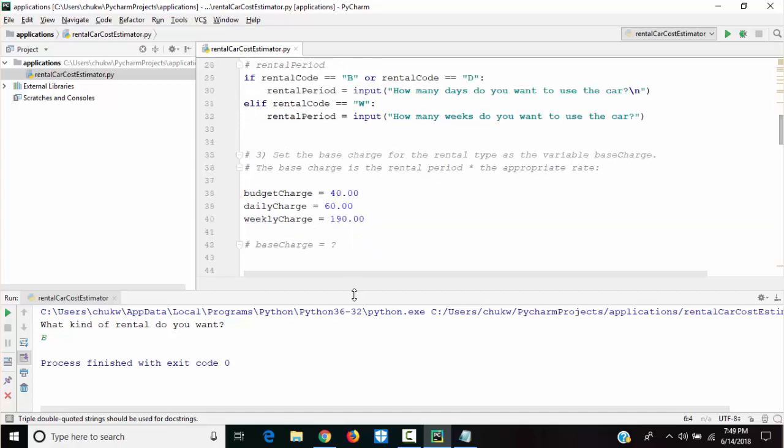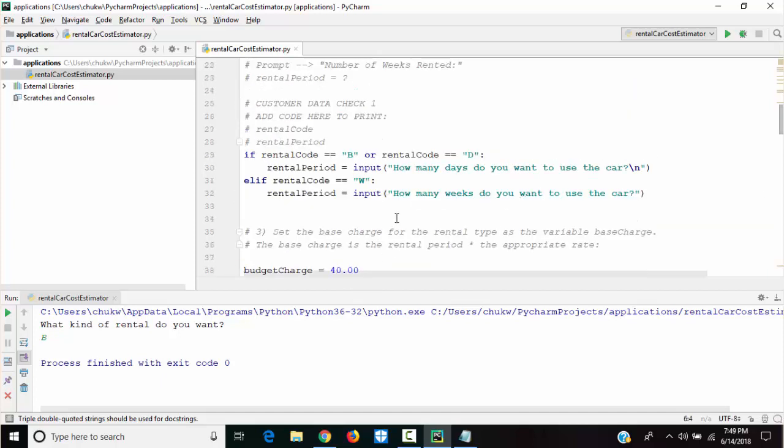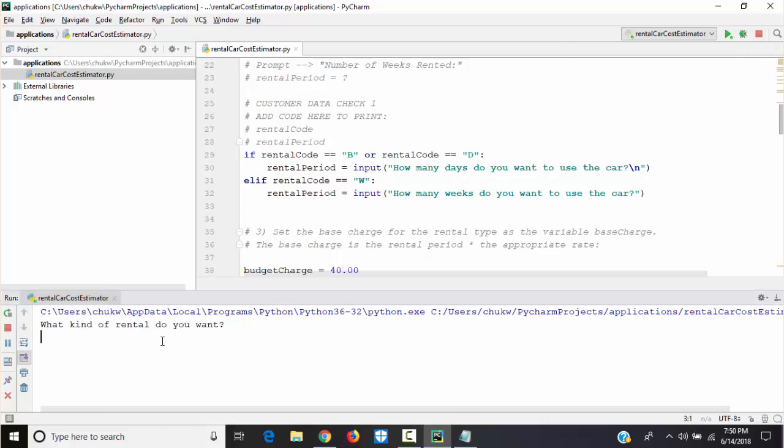So all right, this is the way we want it. If the customer says budget, then ask the customer how many days. If the customer says daily, ask the customer how many days. However, if the customer says weekly, then ask the customer how many weeks. So let's test this. What kind of rental? Budget. How many days?